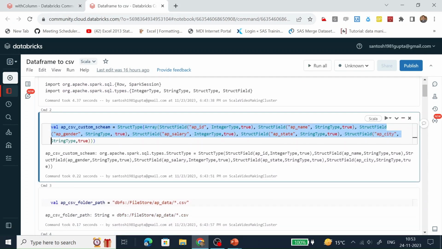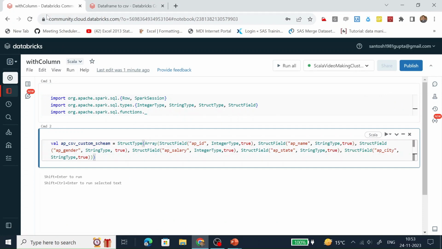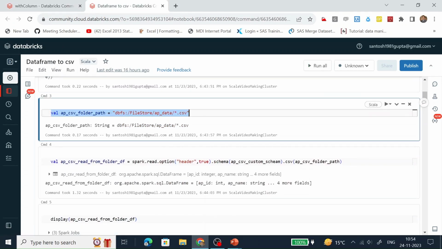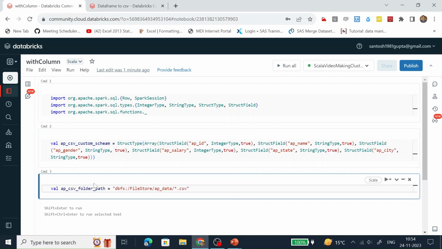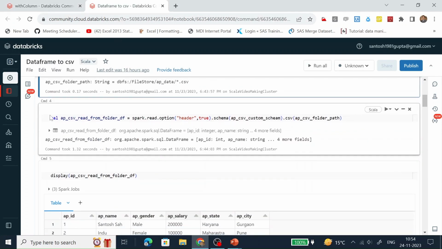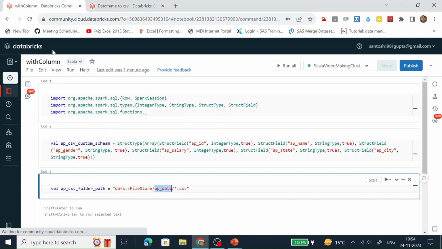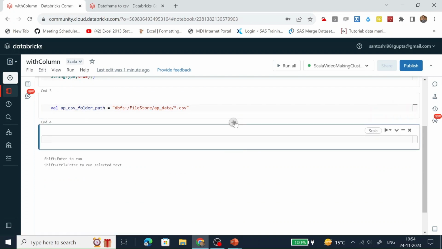This is a custom schema which we need during the reading of the CSV file. This is the address of the CSV file. It is going to take all the CSV files from this folder, and we are going to read the CSV file with the help of the spark.read.csv function.